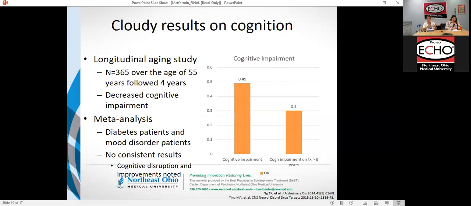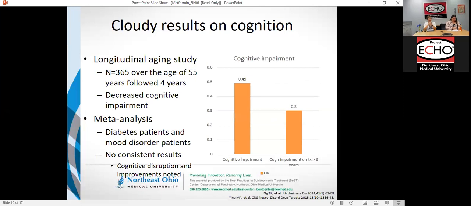So they were much less likely to develop cognitive impairment if they were on metformin than if they were not on metformin at all. And the longer they were on it, the more significant that change was, as you see with the odds ratio of 0.3. So this seemed to suggest that maybe there is a role for metformin in patients who have cognitive impairment from other mental illnesses. There was a meta-analysis that was done in 2015 that included patients with diabetes and mood disorders,